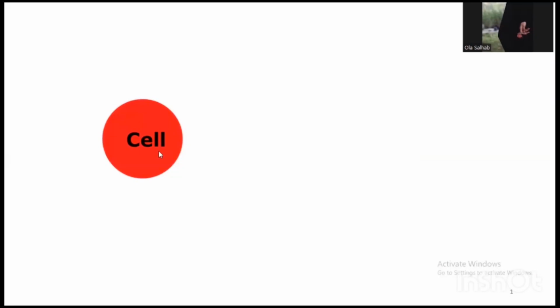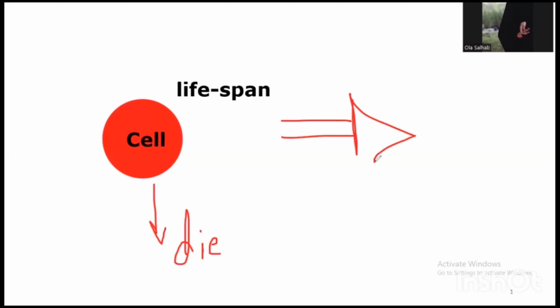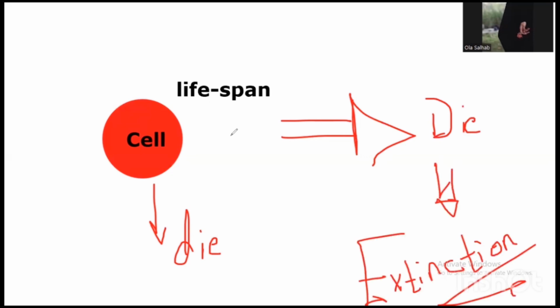As you know, the cell is the building block or basic unit of all living organisms. And each cell has a lifespan. When its time is over, it will die. And if all the cells die, then the organism also will die, leading to extinction. In order to avoid this, we have some mechanisms which enable the cell to be replaced by another cell, and